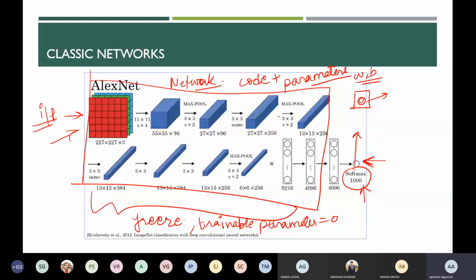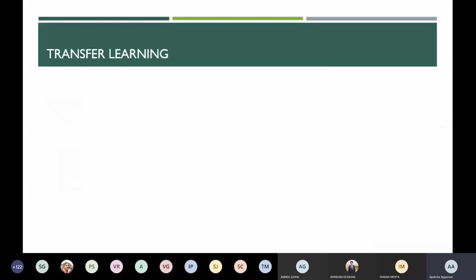This is the general scenario in CNN, because it is very difficult to train on multiple millions of images, and difficult to retrain them again and again. So instead of retraining, we just use the original code where we have weights and parameters as they are, and we add our layers at the end. Instead of starting from scratch, I will start from the portion that is not covered in the previous layers, the previous part of the benchmark networks. So this is called transfer learning.